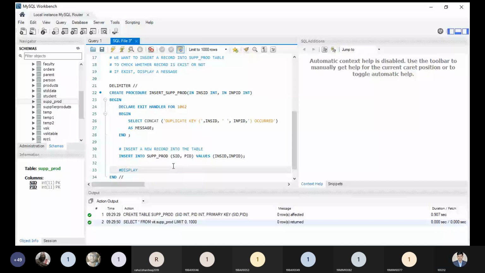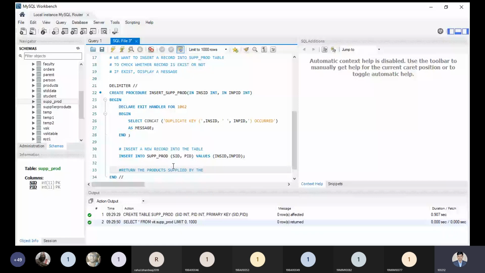Actually, it is a better idea to write the statement like this one: return the products supplied by the supply ID.